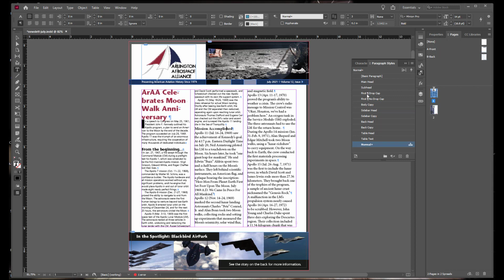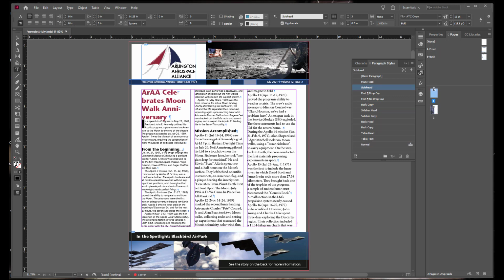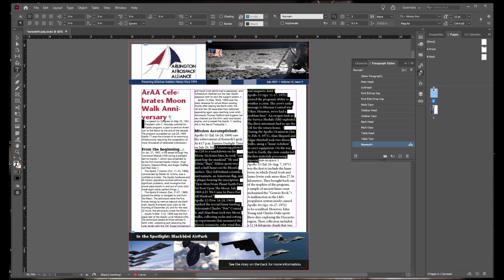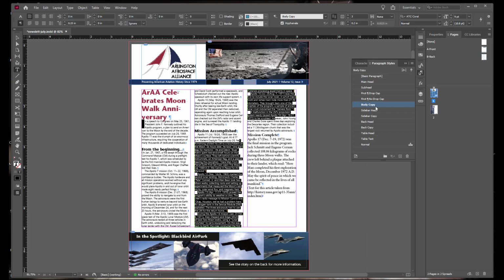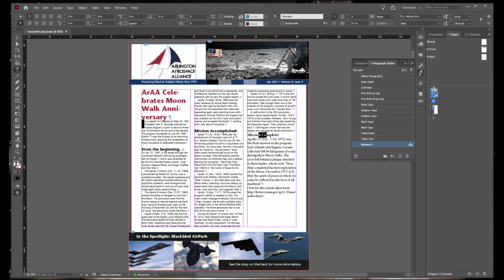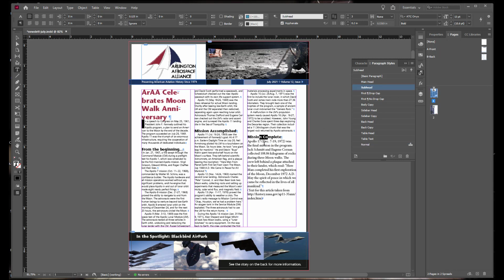Mission accomplished is going to be subhead, body copy, mission completed, again subhead, and body copy. With an insertion point in the last paragraph of the body copy, look at the Paragraph Styles